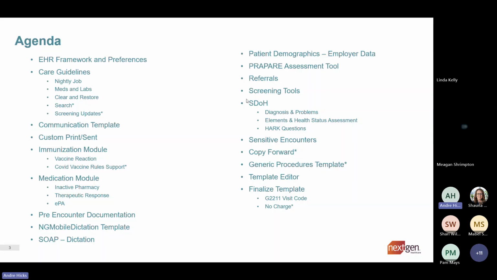I'm not going to read everything out, but here's an overview of what we're going to be looking at. Here are some of our screening tools, our SDOH enhancements, and some things you might already have, but we're going to reiterate some of the new enhancements just in case you don't have them. The first thing we are going to talk about